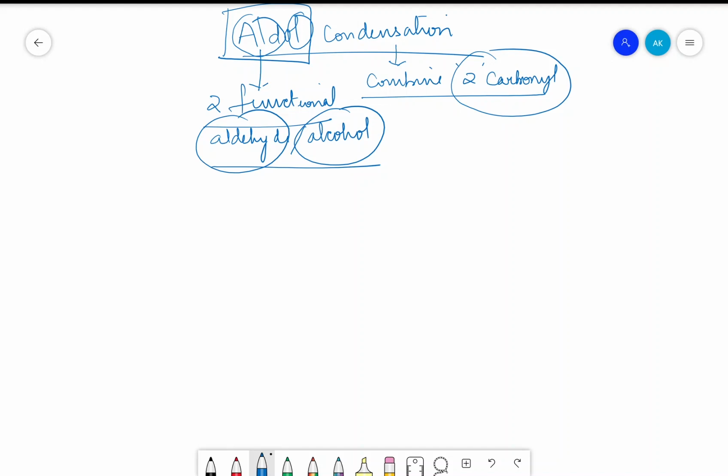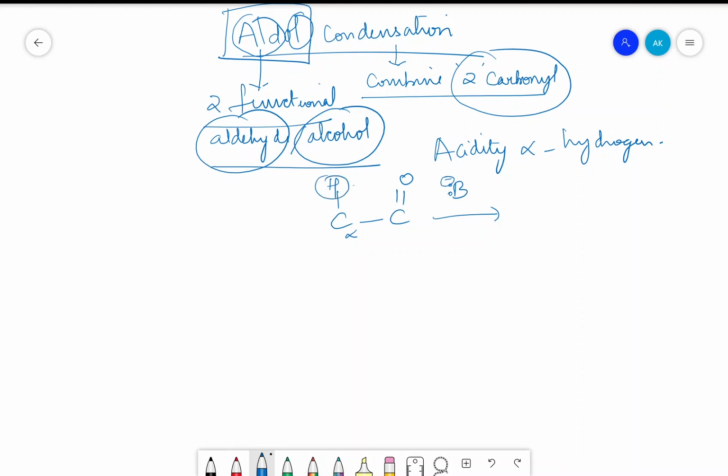In the previous video we have discussed the acidity of alpha hydrogen. We'll just give a glance to that topic because we are going to use that concept in our condensation reactions. So what is acidity of alpha hydrogen? We have discussed that if this is your functional group, the carbon next to that functional group is called the alpha carbon. The hydrogen attached to it is alpha hydrogen, and it shows acidity in the presence of a base which will be having a negative charge.